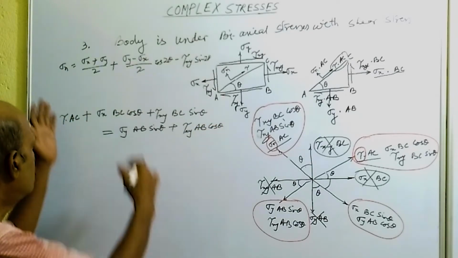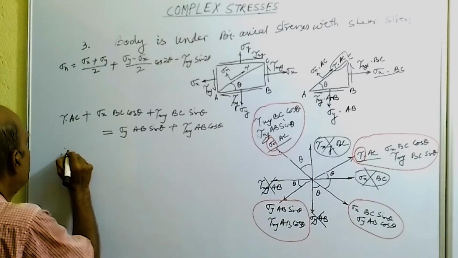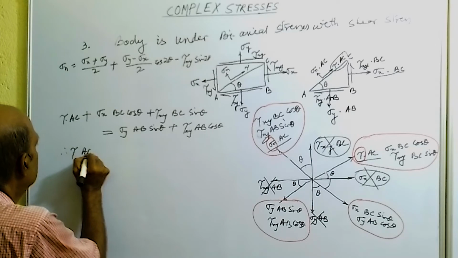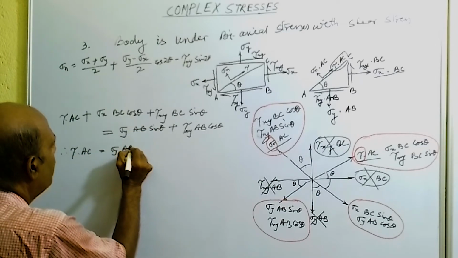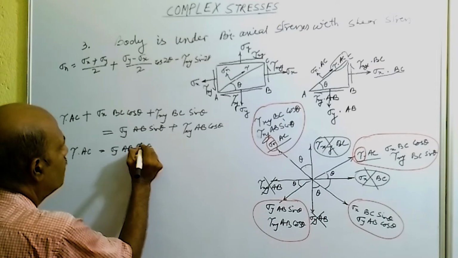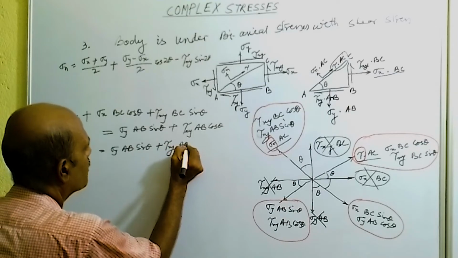Okay, so now next is the mathematical part. Therefore tau into AC is equal to sigma y AB sin theta plus tau xy AB cos theta